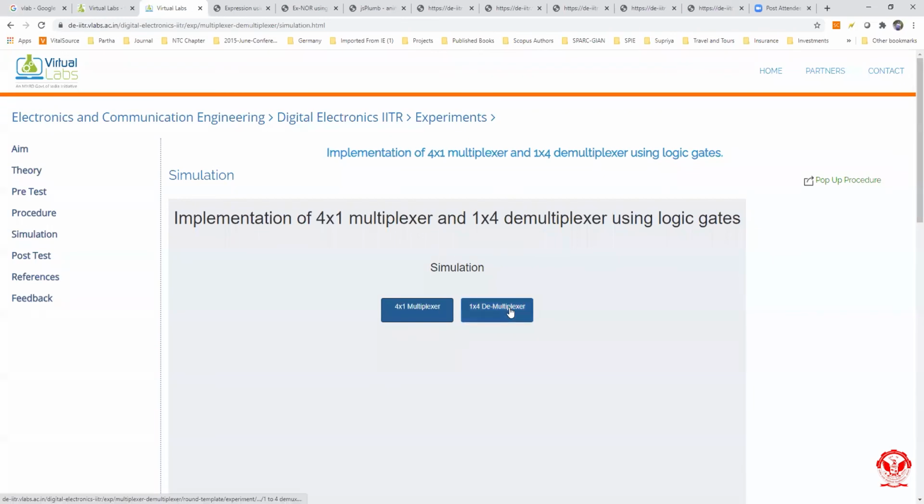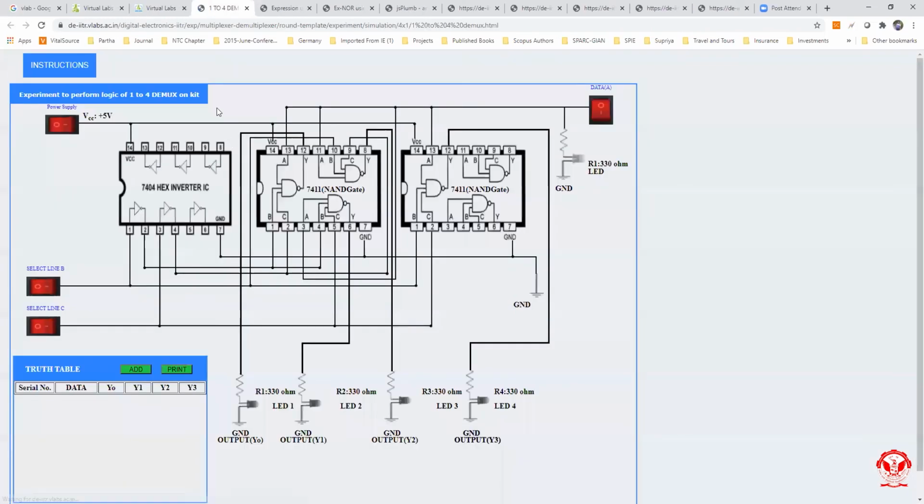Just click on one class code and a new window will come up. Now this is our demultiplexer. As I have already given some overview of what a demultiplexer is, it is a device with one input and multiple output lines.